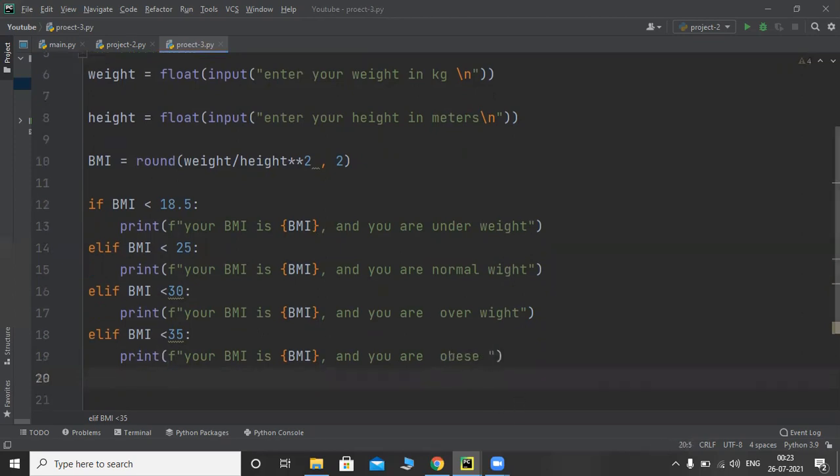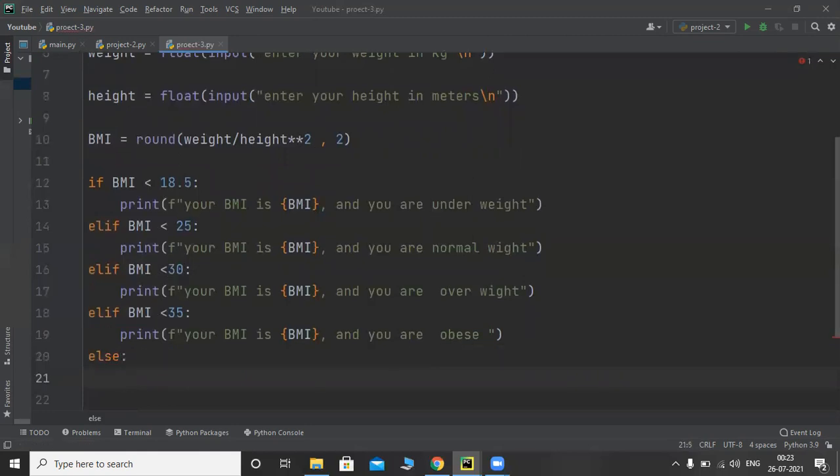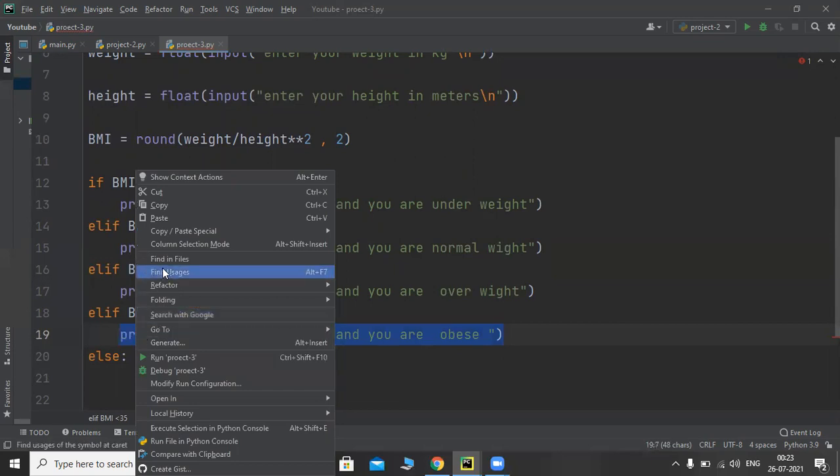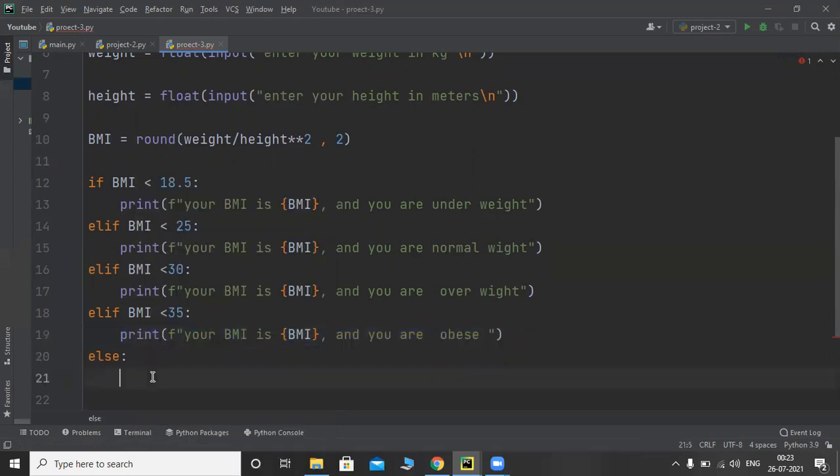And finally, the remaining part will come under else. If the BMI is none of these, you are clinically obese.